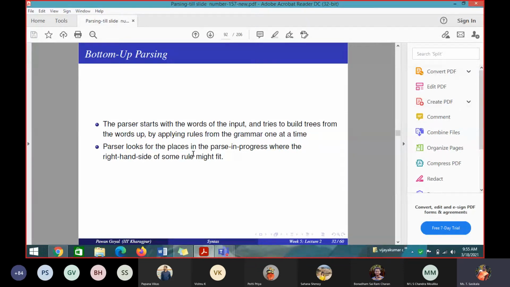Here, if the right hand side is already available, accordingly I have to select the rule in the grammar, because here the lexicon is given. So you have to check the RHS. Book that flight. So I have the words book that flight. So is book available on the RHS of the rule or the LHS of the rule? RHS. Accordingly, you have to see.